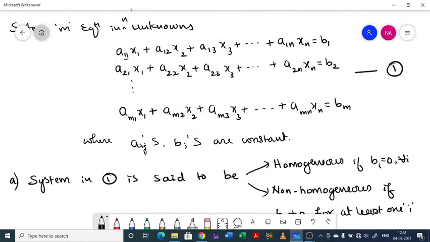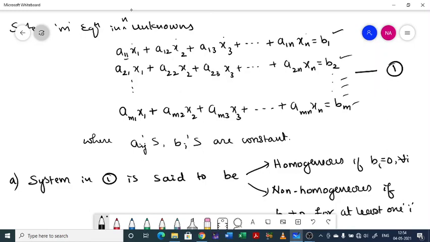That means if you substitute those values, whatever particular value comes, suppose 1 1 1 or 1 2 3 4, the equation must be satisfied. In the same way b3, b4, b5 must all be satisfied, up to bm. If that n-tuple or set of n values satisfies all these equations, then we say that set of values is a solution of this system. So when all are satisfied, it is a solution. If it fails to satisfy at least one of the equations, then we don't call that a solution.